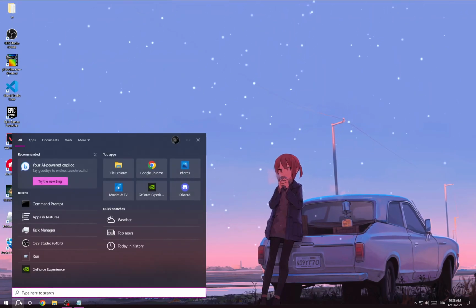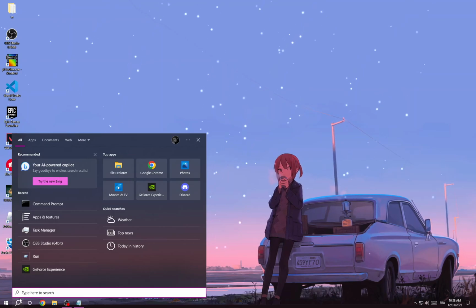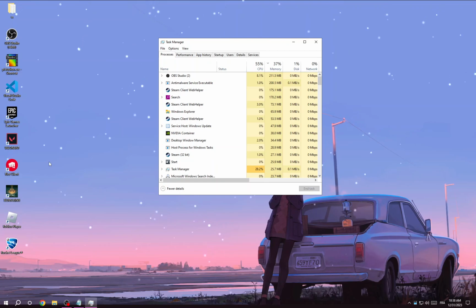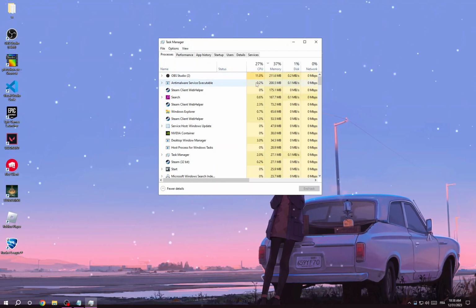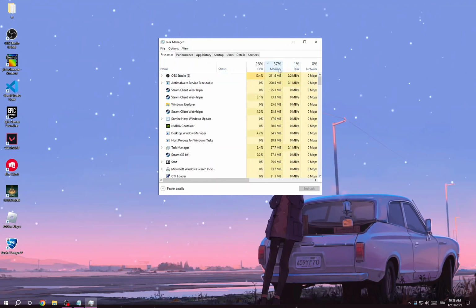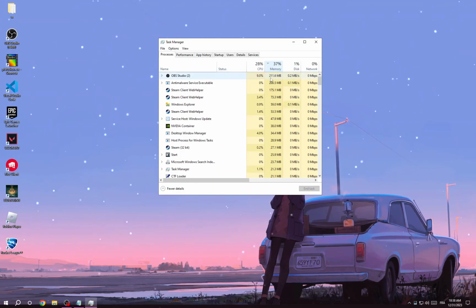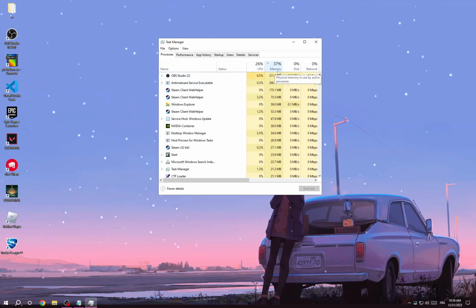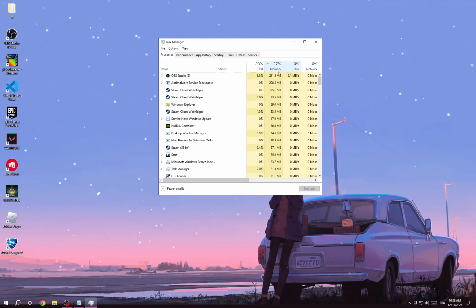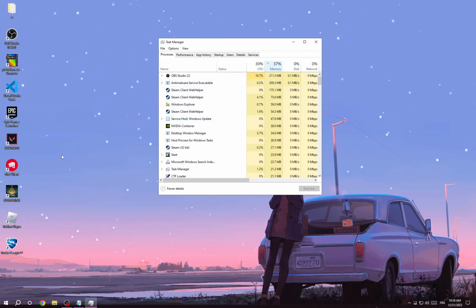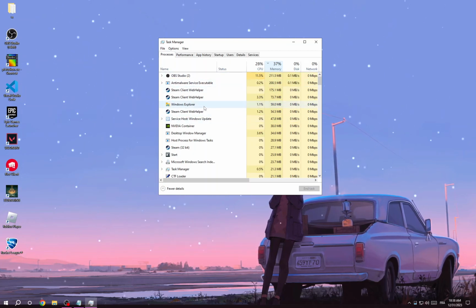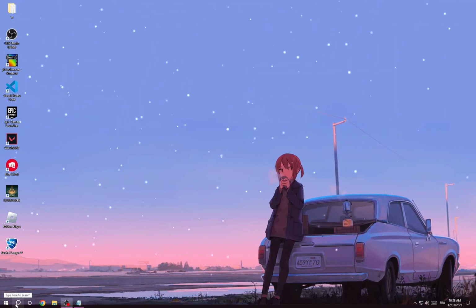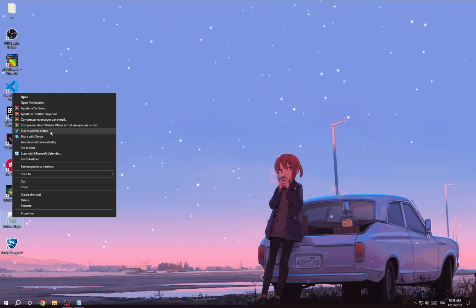First, click here and then type task manager, and now make sure to close all the applications that you don't need here. Just click on memory to see the application that is using your memory, and that's it. Now all you have to do is free up some memory to make sure that this isn't the problem why Roblox isn't launching. And after that, just go back and click here, right click on Roblox and run as administrator,